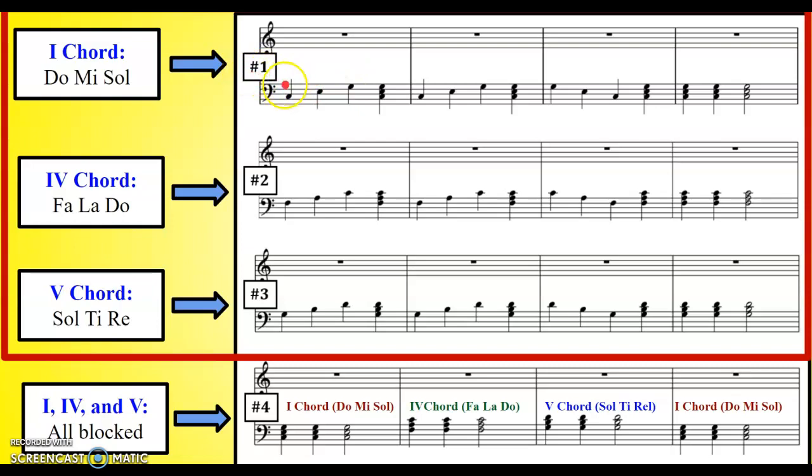On this paper on your screen, here's where you'd want to pause this video to practice all 3 kinds of chords. The 1 chord is exercise number 1. Do, mi, so. The 4 chord is exercise number 2. Fa, la, do. The 5 chord is exercise number 3. So, ti, re. The patterns stay the same, but the